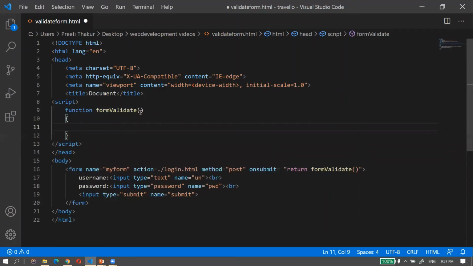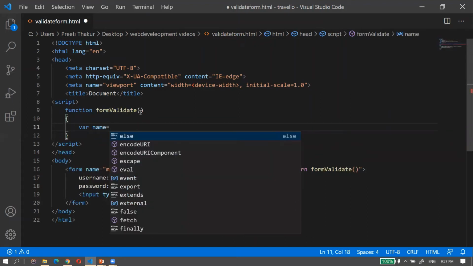So for that, first of all, I'm creating one variable called name in which I'm taking the value of that name text field. So whatever username the user will give, the value of that will be saved here in the name variable.